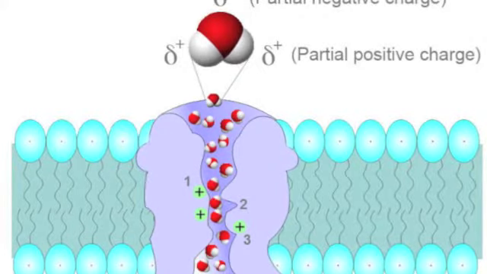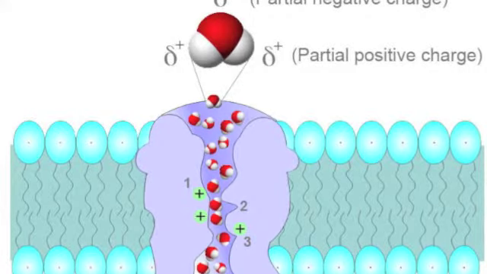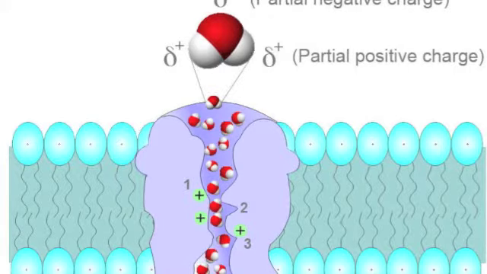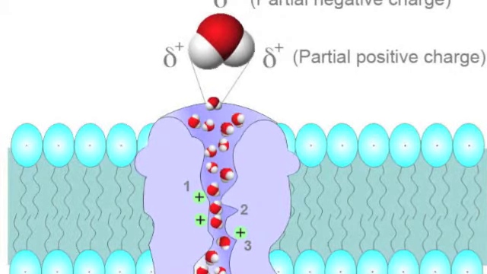The top of the channel is positive and only attracts negatively charged ions. Since water is polar, the ion flips so the negative side is what goes down the channel. Aquaporin channels are mainly found in the kidneys and they are utilized to help save water so too much fluid